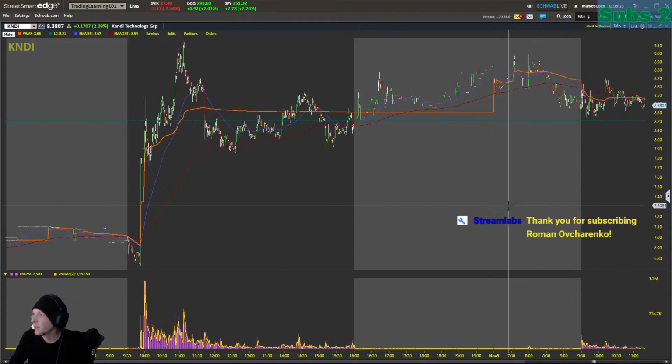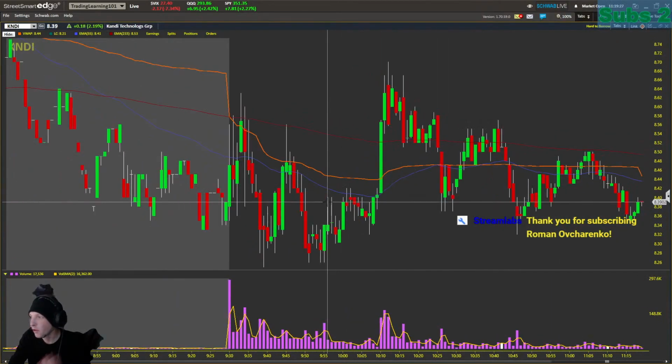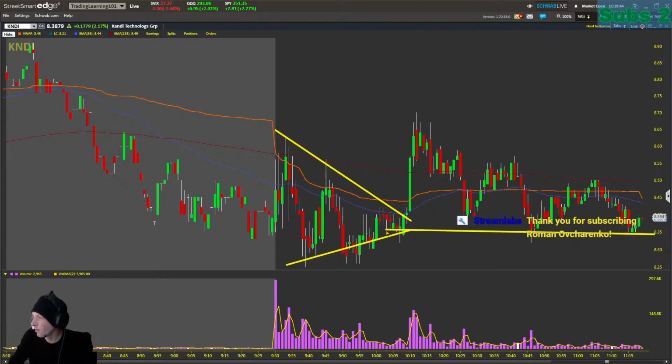But KNDI, I want to talk about what happened this morning on it. Another good little setup on this. Let me get my marker out. KNDI this morning formed a nice little wedge right here. Right at that 8.35 level. And from 8.35, got a nice pop all the way up to 8.70. Nice little, what,